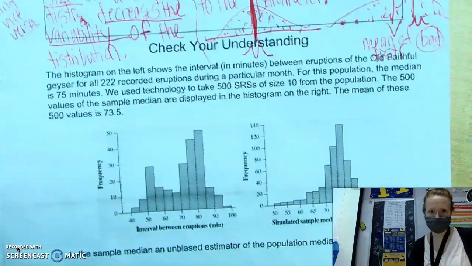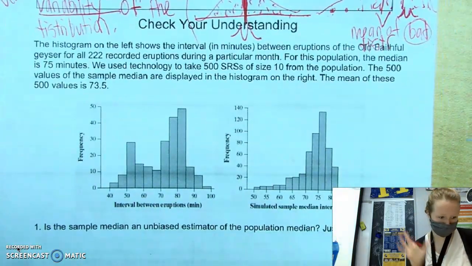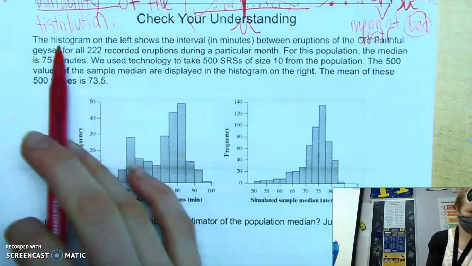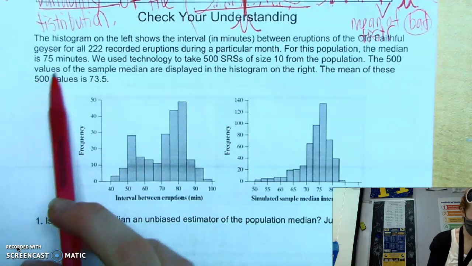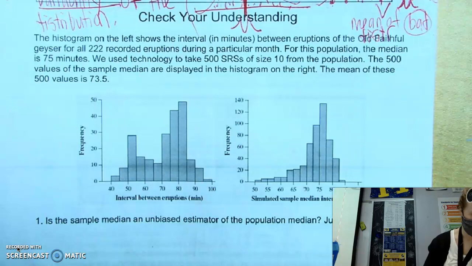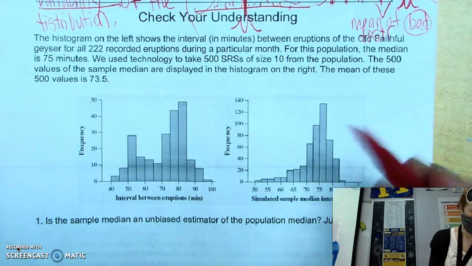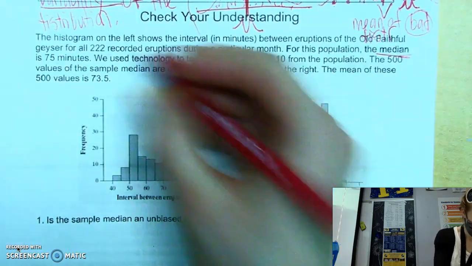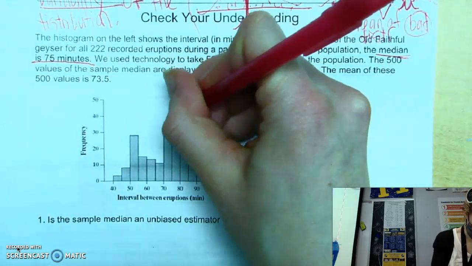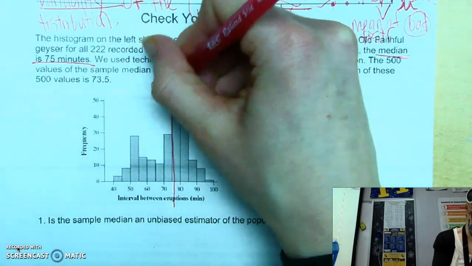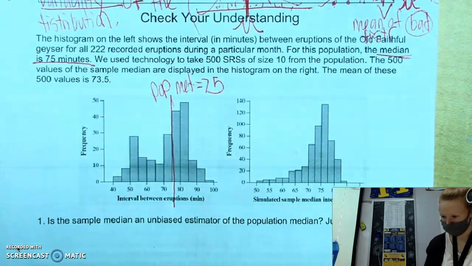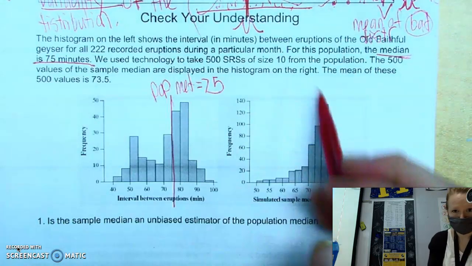So this check your understanding is a little tricky. I just wanted to kind of set you off in the right direction here. So the histogram on the left shows eruptions in minutes of the Old Faithful geyser for all 222 recorded eruptions during a particular month. For this population, the median is 75 minutes. So I would personally mark that on my paper. The population median is 75. And then it says the sampling distribution over here